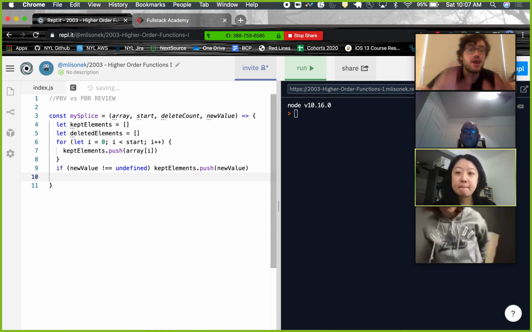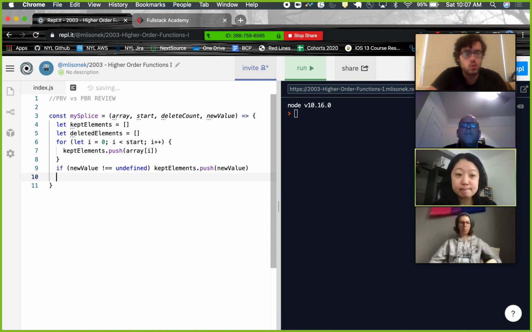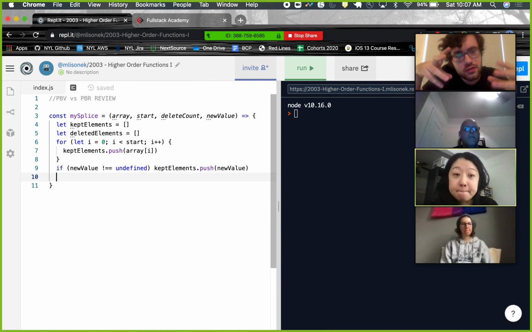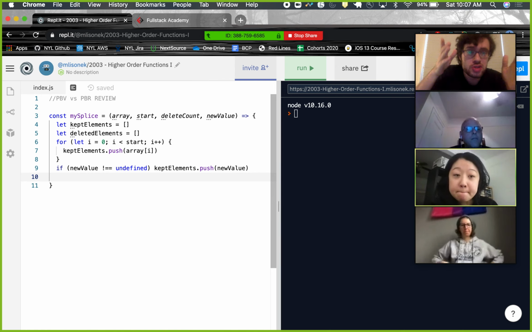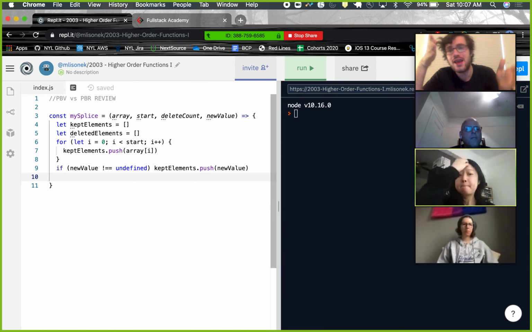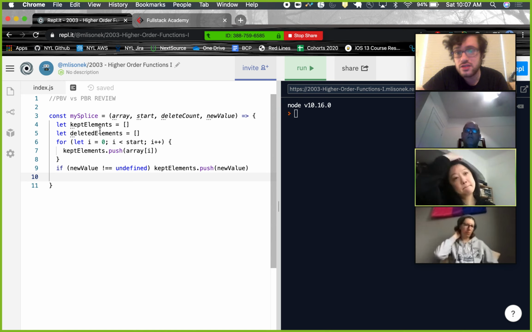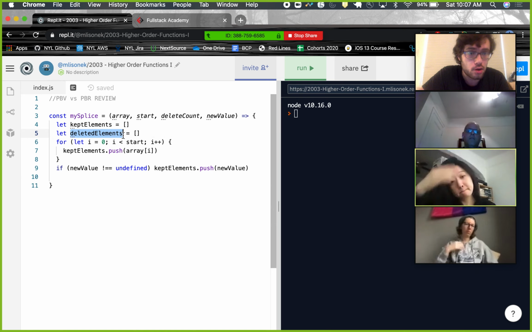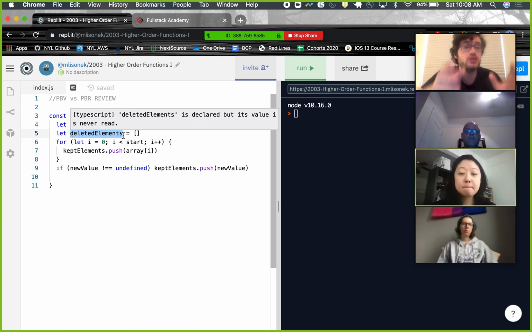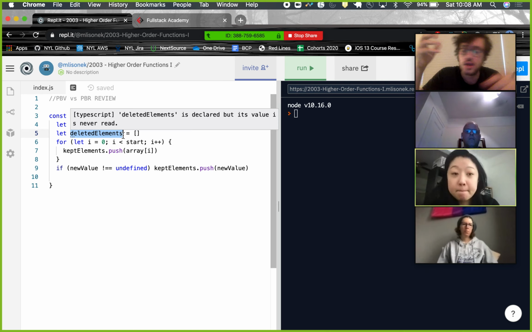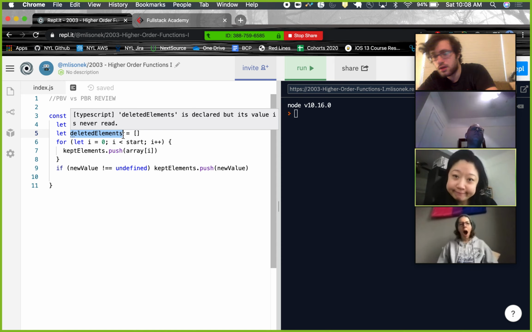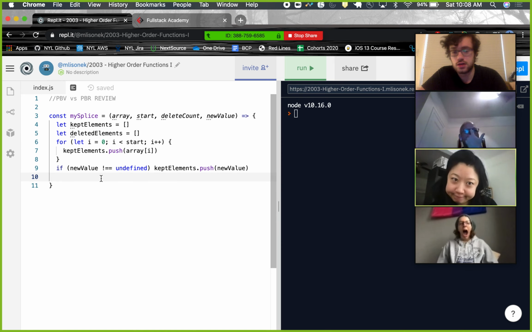So now that we've taken care of this, we can start deleting things. But not really deleting things from the array, but taking the elements that should be deleted and putting them in our deleted elements array, right? So we know what's going to be deleted. And this is actually the most important part of the function because this is what the function is returning. Splice returns a new array of all of the elements that were deleted, right? So, you guessed it, we're going to do another for loop,